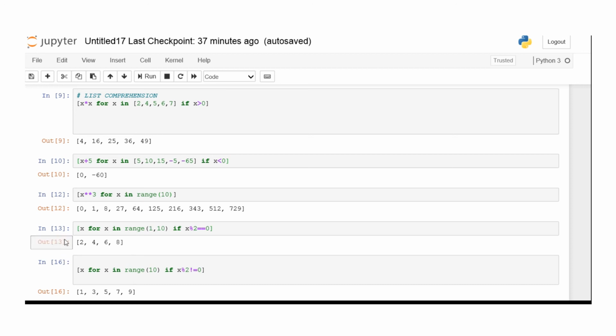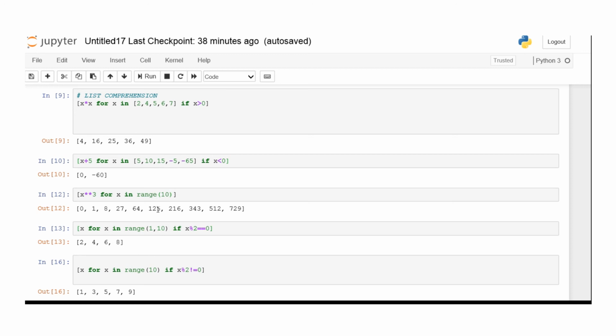You might think, why do we have to use list comprehension instead of writing multiple statements? Instead of writing so many lines, in a single line itself you can do all the operations. You may want to find out whether a number is even or not, how many even numbers are present in the given list, how many positive numbers are present, or how many odd numbers are in the given list.